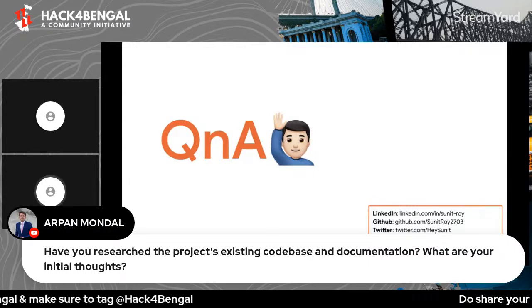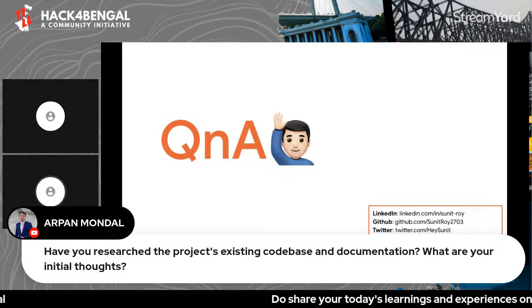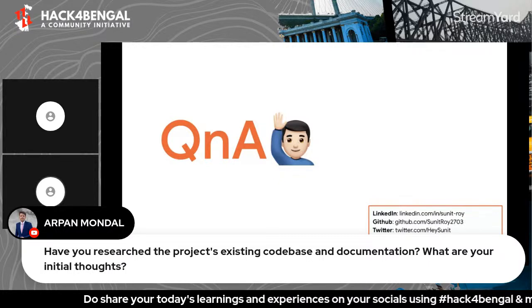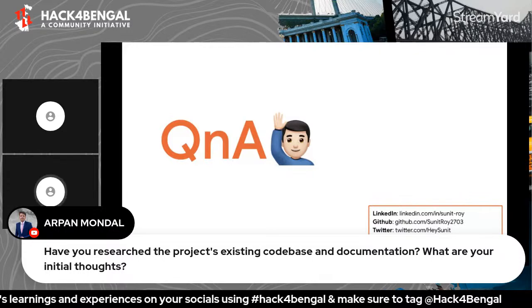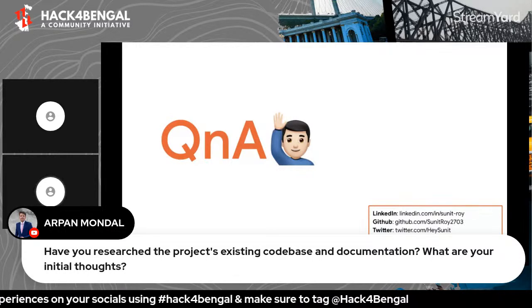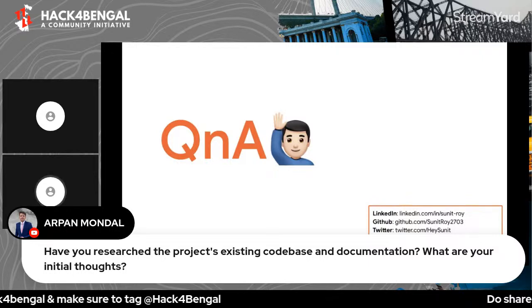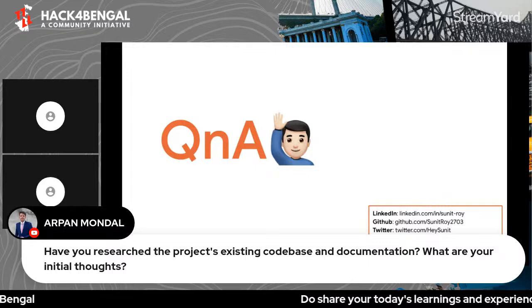Then first go through the documentation, and then go through the code to get a deeper understanding of the code base. There is a meme which says that 6 hours of debugging can save you 5 minutes of reading documentation. So go through the documentation first.